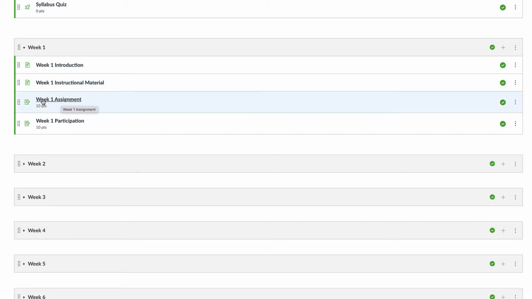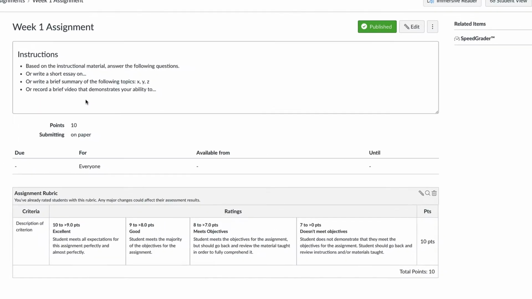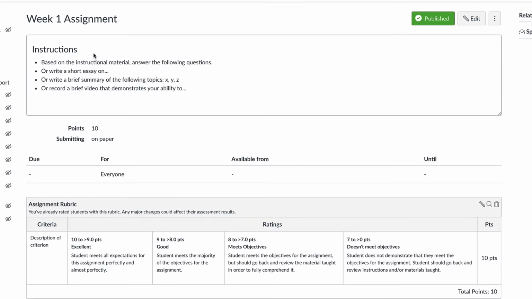You can enter information for week 1 assignment. We're going to click on that. Each assignment has a template in there for you to consider. There's also a rubric in here to help you with any grading that you may need to do, kind of show or reiterate to students the standards that we're looking for, generally